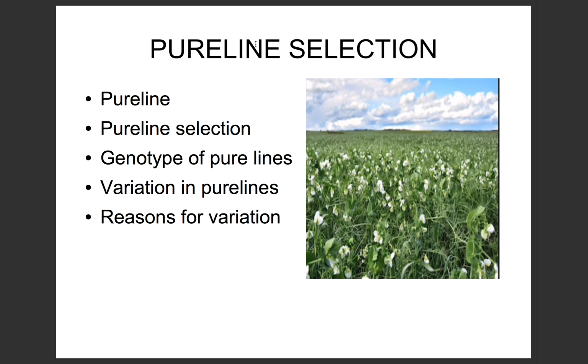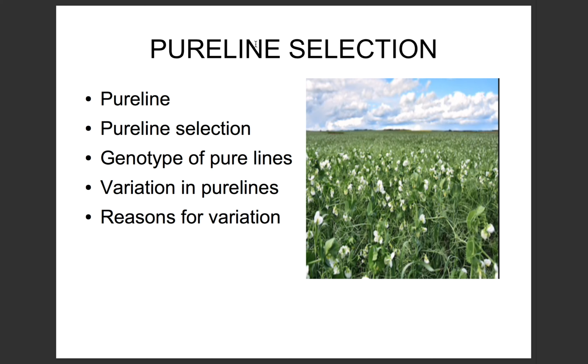And if we see the genotype of pure lines, all the individuals within a pure line have identical genotype, as the parent from which the pure line was derived is homozygous and is self-fertilized. Any variation present within a pure line is solely due to the environment. Variation present within a pure line is due to environment and it is not heritable because it is caused due to the external agency and not the internal genetic